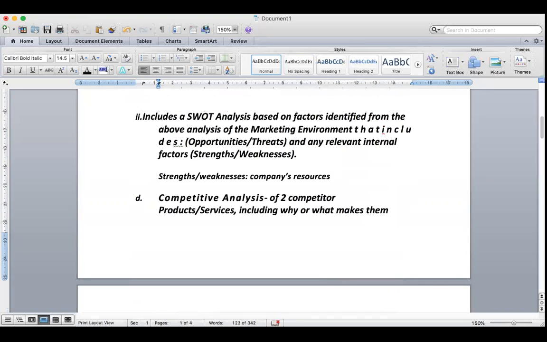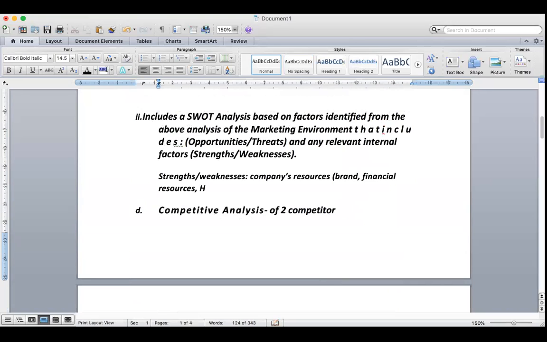Okay, what are they? Look, I gave an example in module 1. The company's resources include the brand equity, for instance the brand power, the financial resources, the human resources or talent, access to customers, access to suppliers, the technology they have, and the patents that they have. So they form the basis of the company's resources. They are sources of